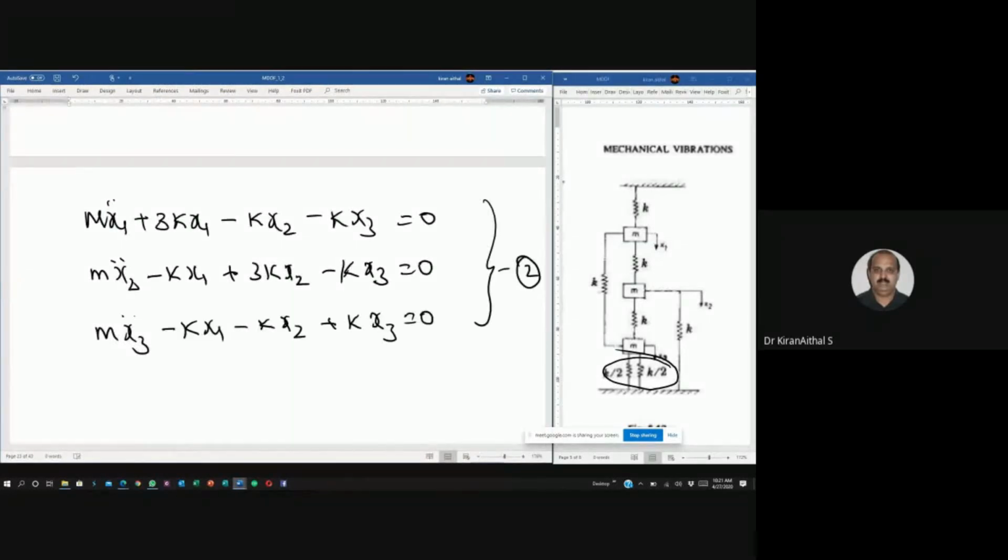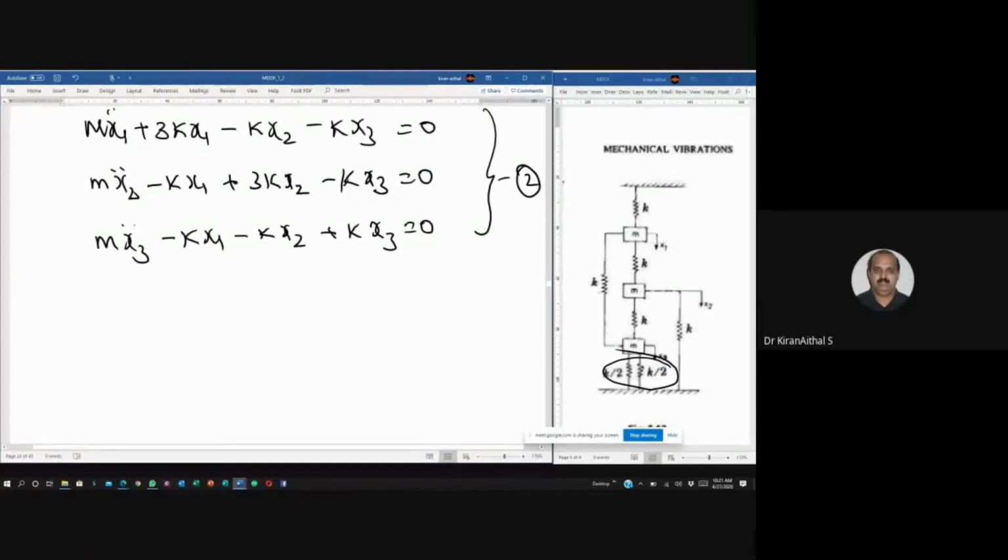Right, now I have to get the mass matrix. Correct or not, Baba? So how to get the mass matrix? It's very, very simple, right? m, m, and m here, and the rest become 0, 0, 0, 0, 0, 0, multiplied by x1 double dot, x2 double dot, x3 double dot,